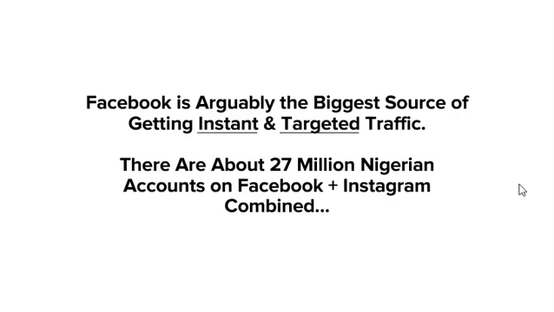As at the time of creating this video, I believe there are about 27 million Nigerian accounts on both Facebook and Instagram, which is really huge. Another reason why I like Facebook is that you don't have to start with a lot of capital to start getting traffic on Facebook or Instagram. There are many traffic platforms that require you to have a minimum of $500 in your balance before you can start using them. On Facebook, you can start getting traffic with as little as 1,000 Naira a day. That is why we will be discussing how you can successfully use Facebook and Instagram to get targeted traffic to the 72 IG funnel you have spent all this time setting up.